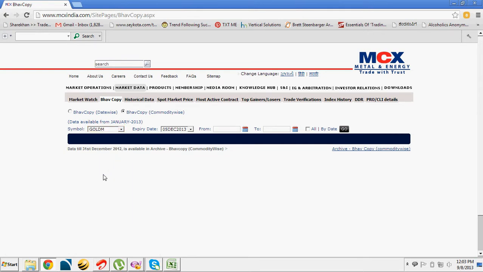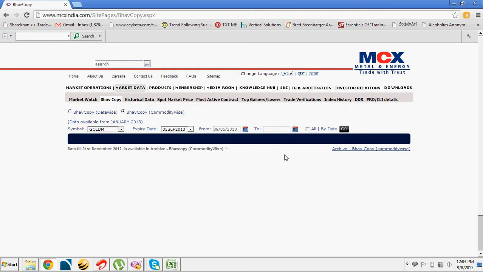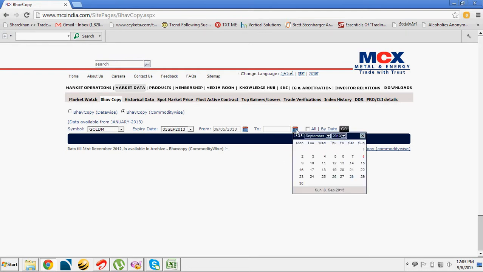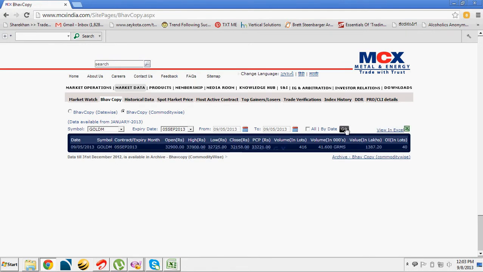So I am taking Gold Mini in this example and choose the current month contract. So I need the 5th September data. So I am selecting the 5th September data and I say go.